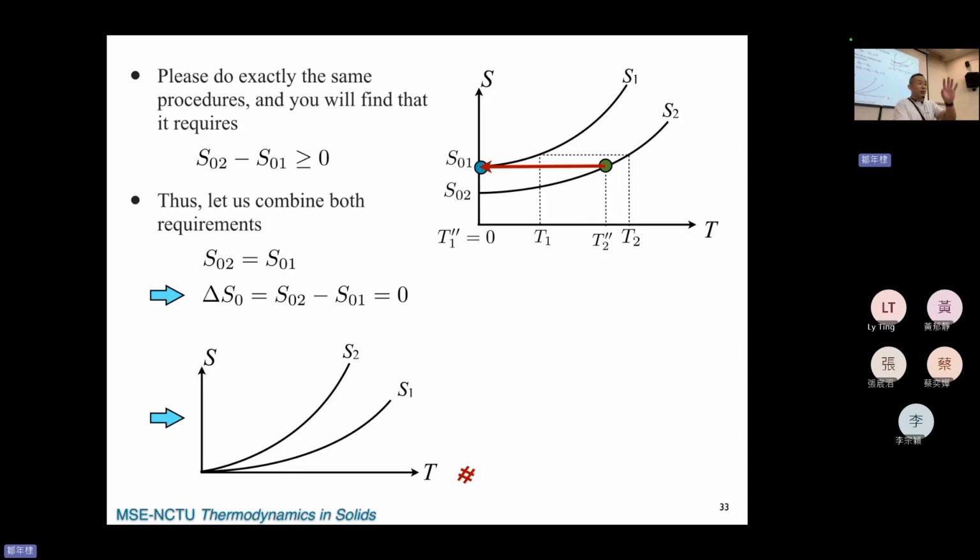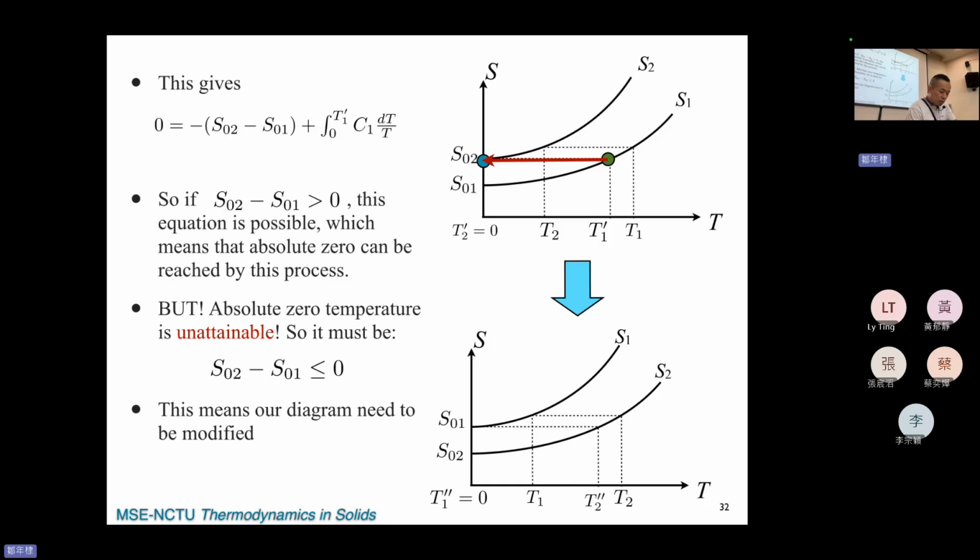S1 不能大于 S2，S2 也不能大于 S1。So what I'm talking about is that firstly you assume that S2 is greater than S1 and the process can be done because all the equations are reasonable. So humans just follow this equation and then we can achieve temperature 0K. But no, we cannot do that, because 0K is not achievable by the assumption, so S2 cannot be greater than S1.